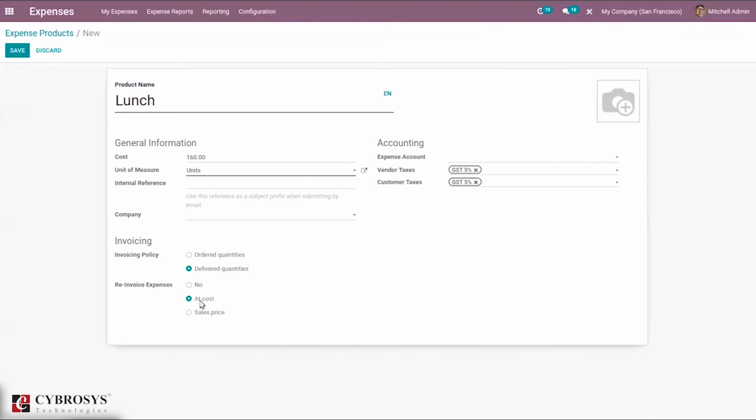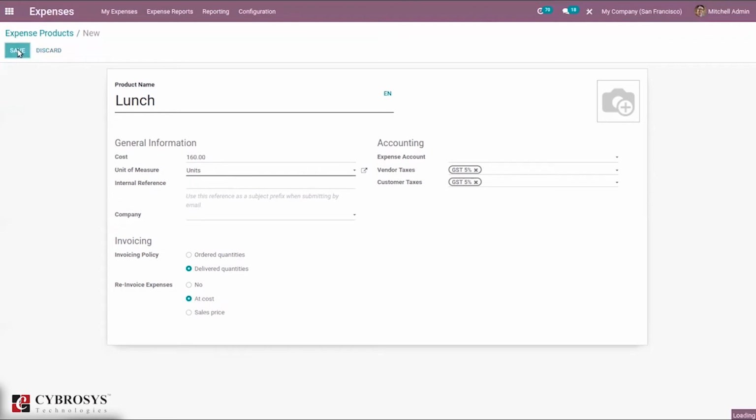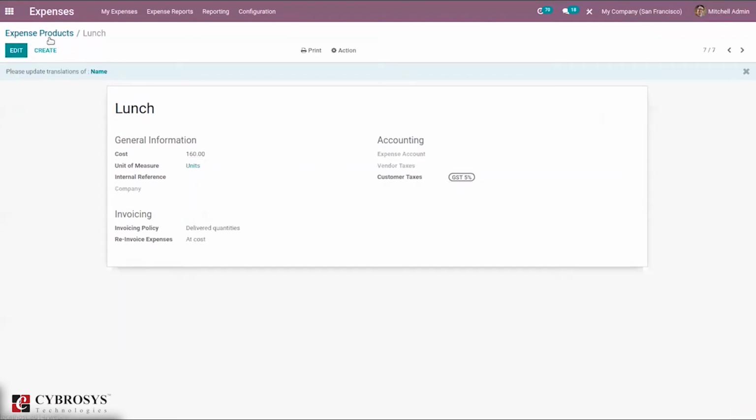We can set this at cost or sales price, or if you don't want to re-invoice, you can just click on this. I'm setting it as at cost. Then if you choose at sales price, here we can set the sales price. Okay, so after creating the expense product, save it.